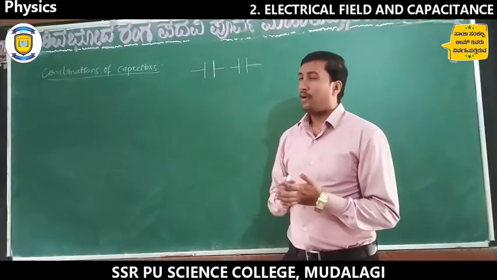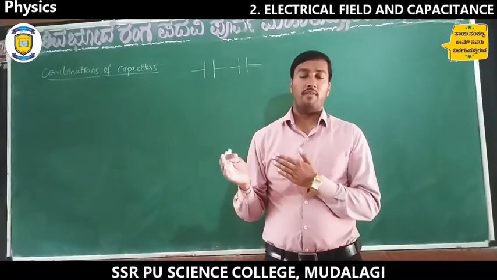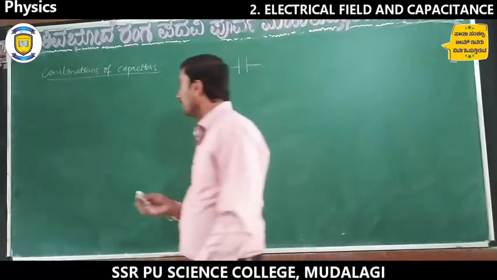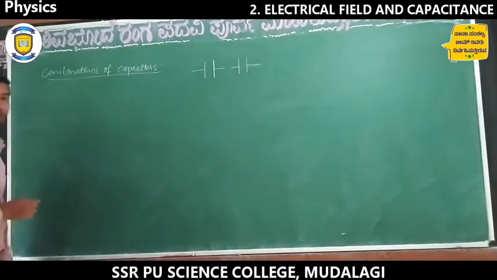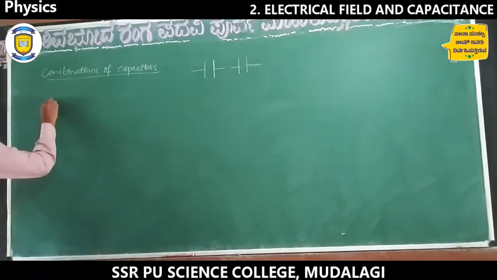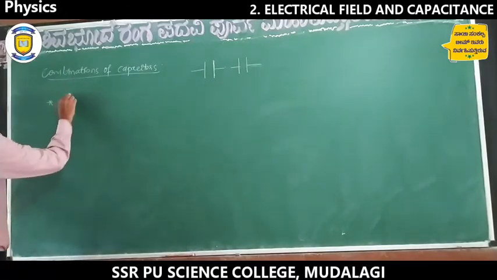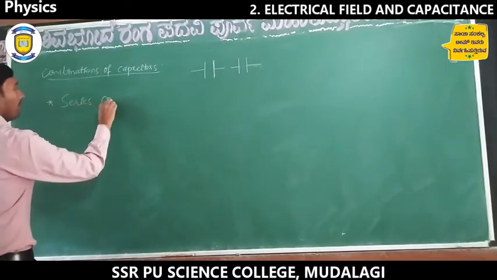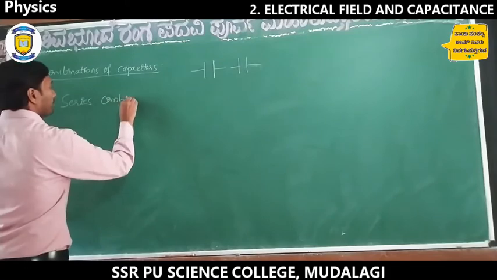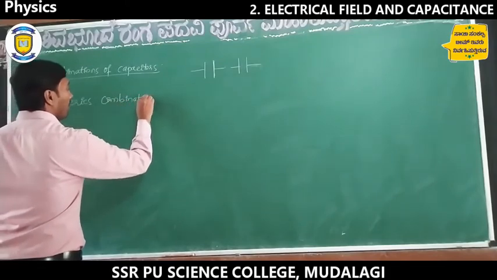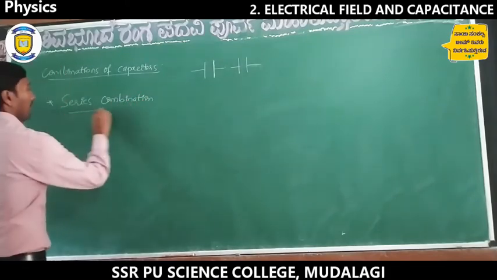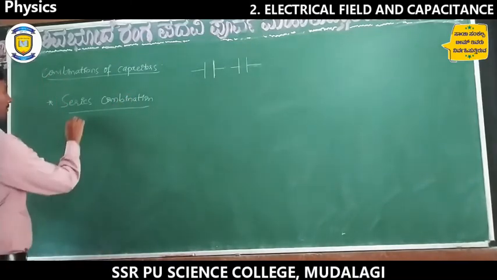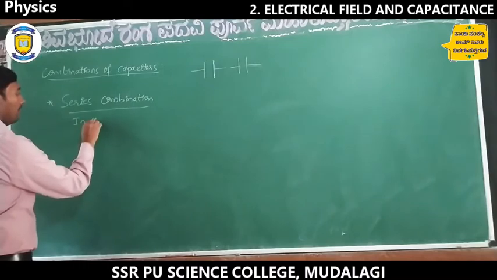We have combinations of capacitors to get the desired value of the capacitors. That is series, that is parallel. Okay, combinations of capacitors are of two types. One is series combination. Series combination means, in this combination,